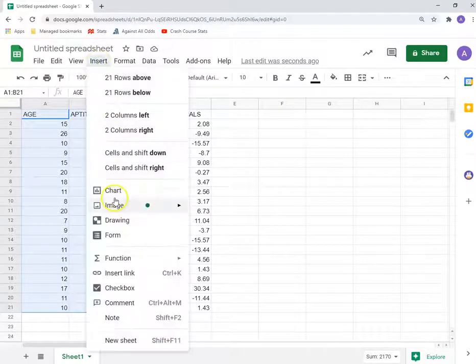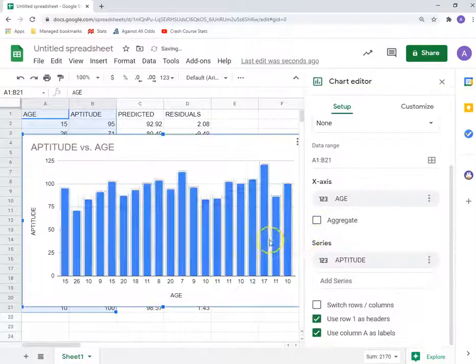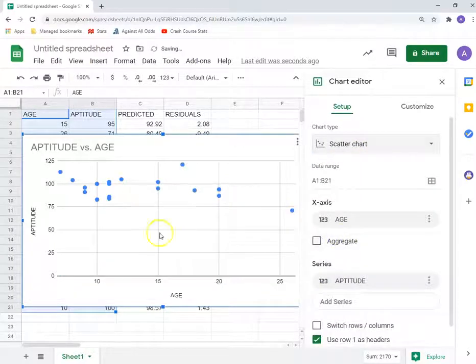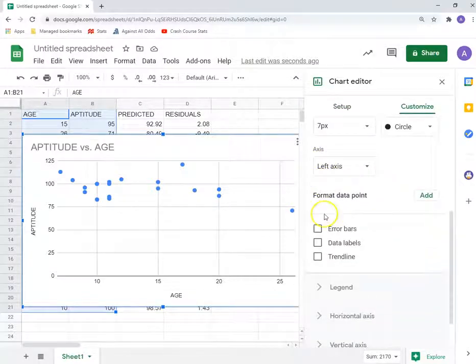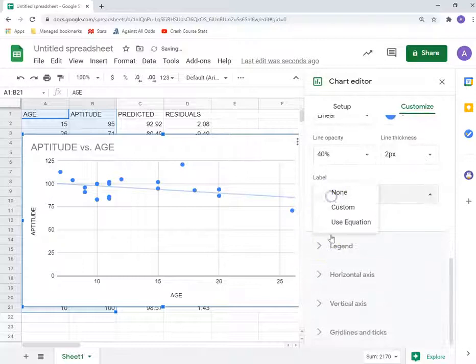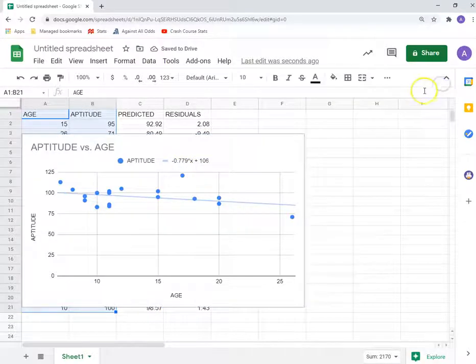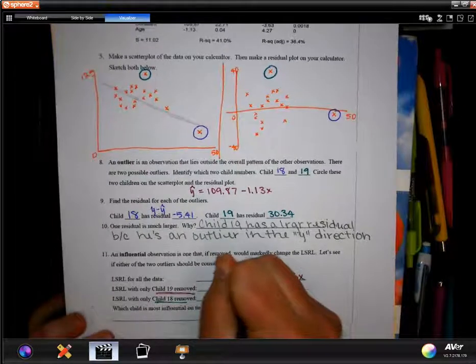Highlight, insert, chart. There we go. I was like, wait a minute. Change it to a scatter. Again, not worrying about my axes. Going to Customize, go to Series, Trend Line, Label, Use Equation. So now we have negative 0.779 times x plus 106. So if we go back here, new equation with child 18 removed